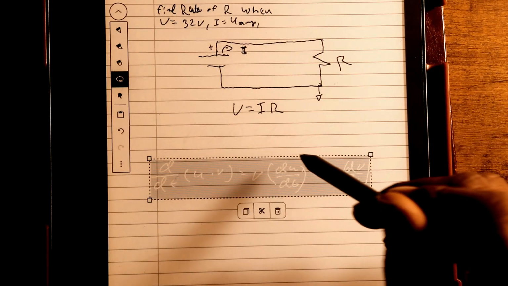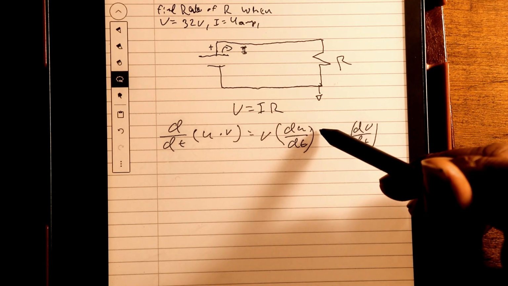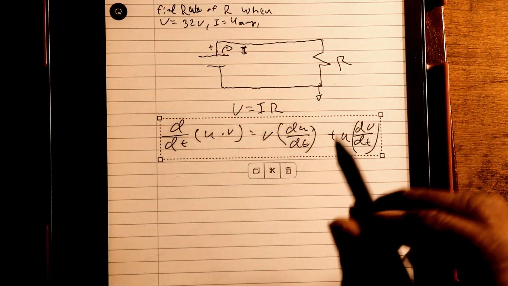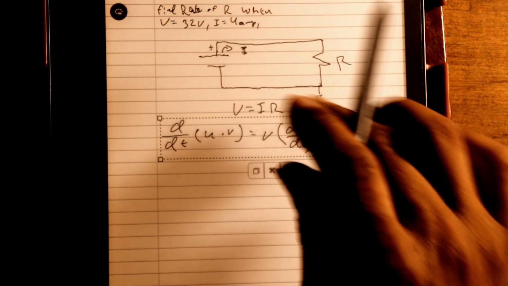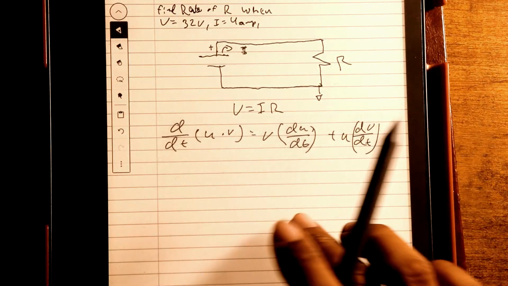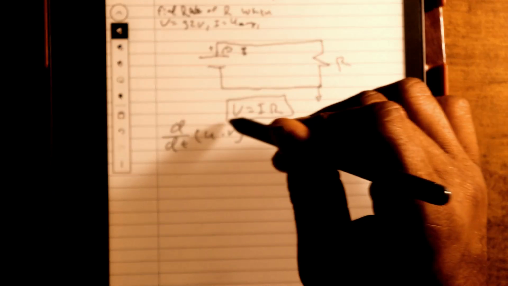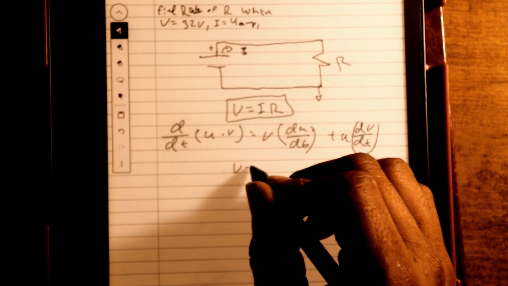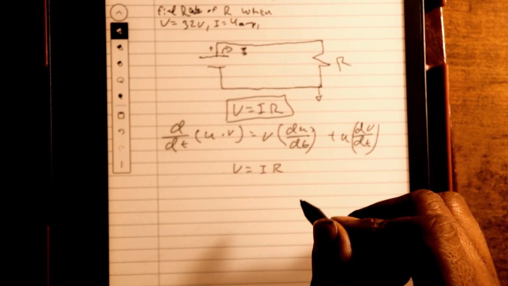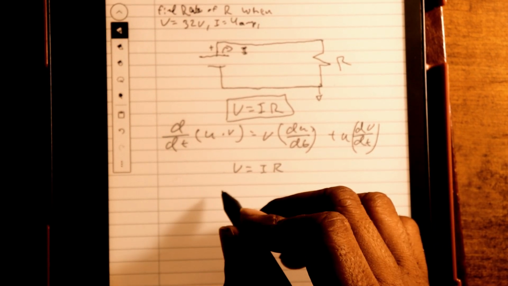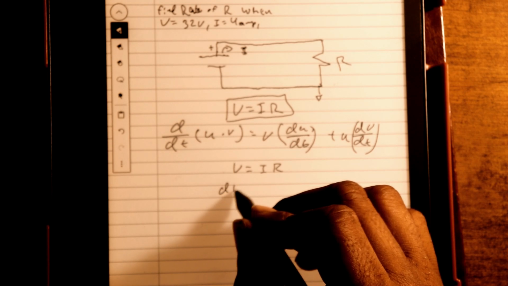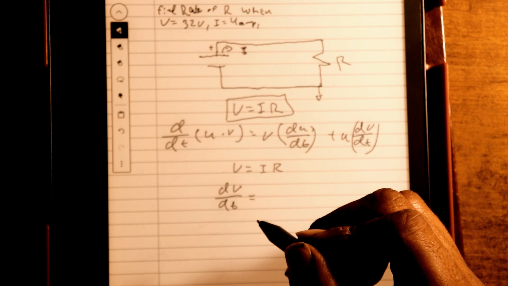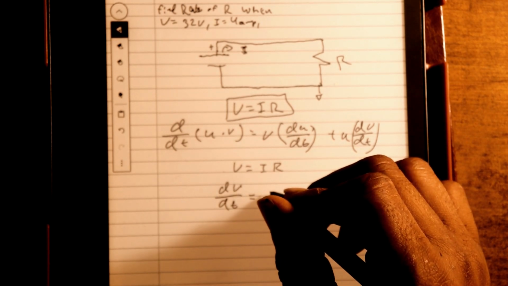We're going to use this formula here. But before we even get to that point, I'll show you why this formula is important, because we're going to take that formula and use it in our Ohm's law. This is Ohm's law in algebra: V equals IR. We're going to take V equals IR and turn that into calculus by doing the derivative of V over the derivative of time. So dV dt